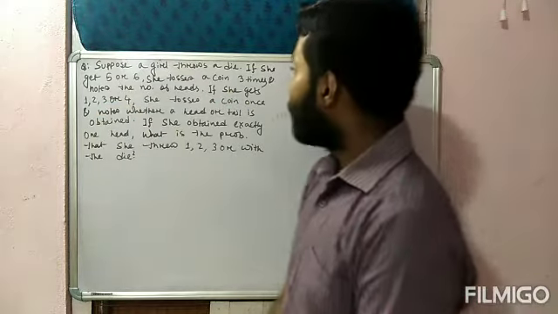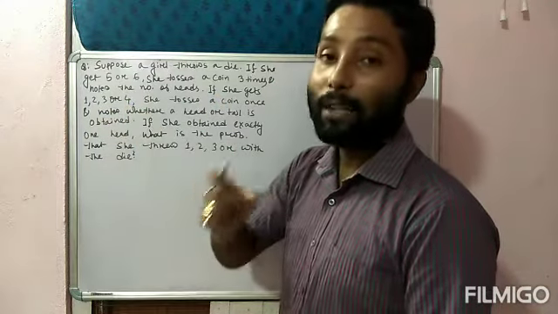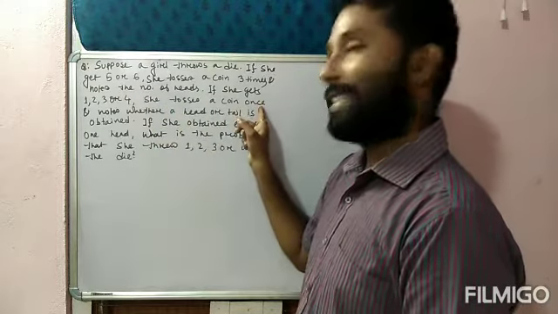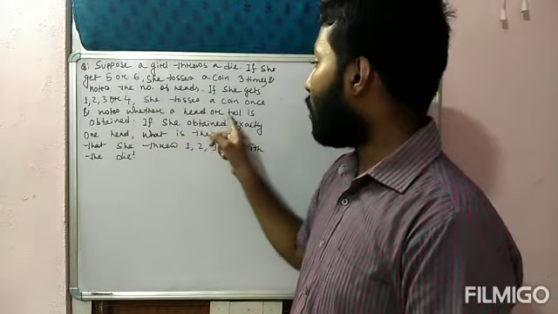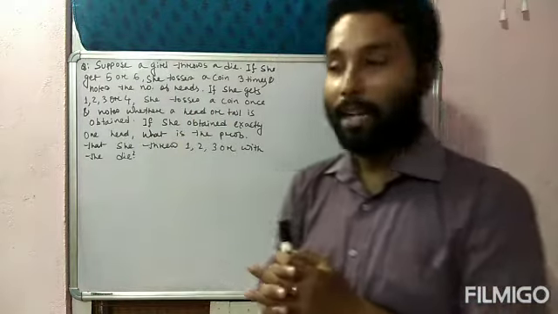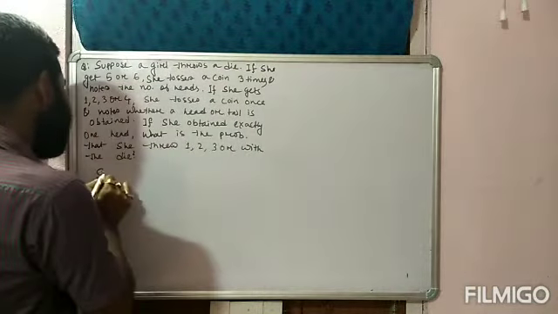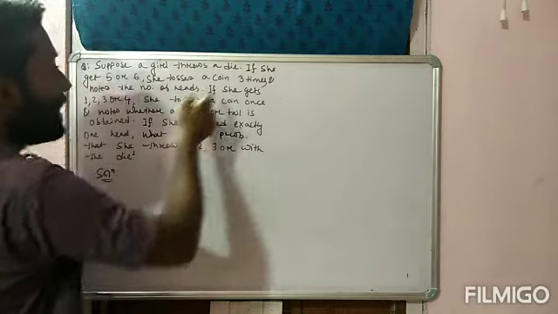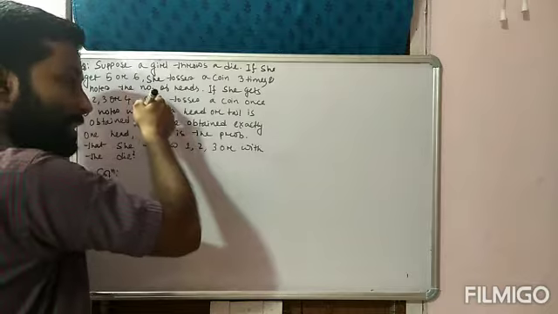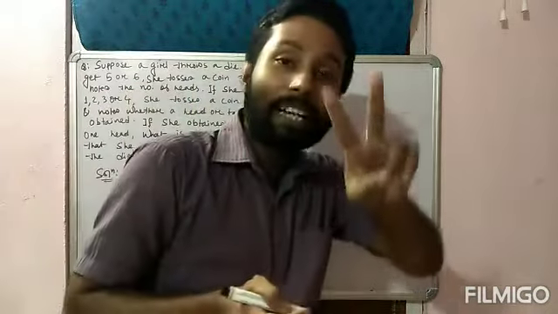Okay. So if she gets 1, 2, 3 or 4 on throwing the die, she tosses a coin once and notes whether a head or tail is obtained. Okay, I hope the question is clear till here. So since the girl throws a die, we know there are 6 faces in a die. But the condition is given that if she gets 5 or 6, that means this is one event. What will be the other event? If she gets 1, 2, 3 or 4, that means in this question there are 2 events.